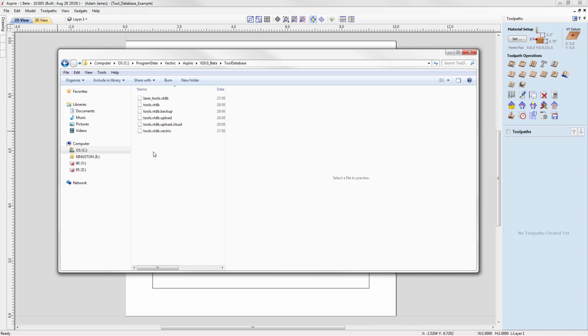Within the tool database directory there's a single file called tools.vtdb, and that's the tool database that is used by the software. You see there's also several other ones. So there's a backup one, which is taken when you start the software, and there's a .vectric one, and that's the one that we supply with the software. So if you wish to revert to the original one, then you just overwrite tools.vtdb with either the backup or